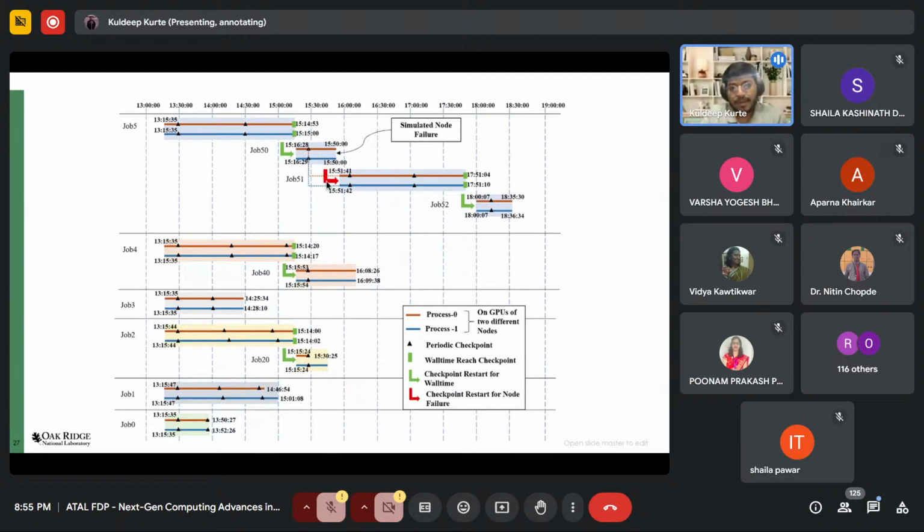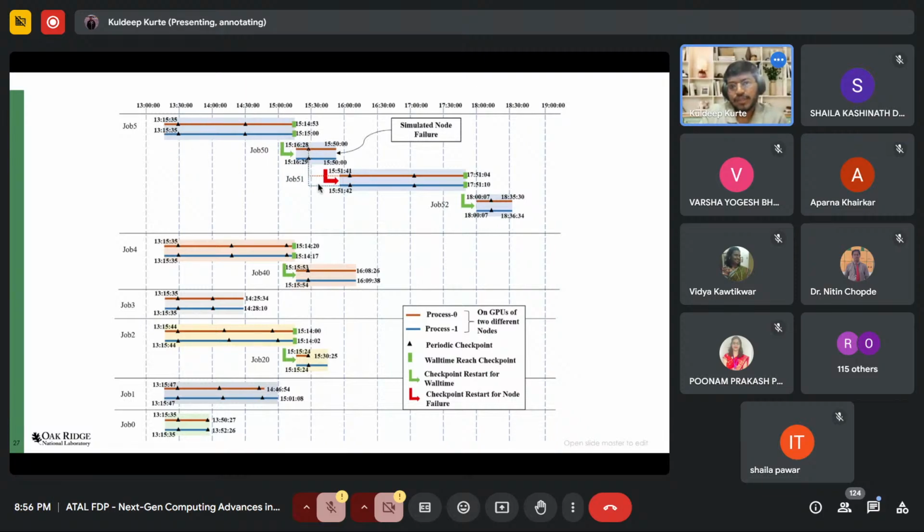But unfortunately, something happened at this particular point, and after taking the first checkpoint, after some time, this job was again terminated due to some runtime failure. This did not happen physically. We actually forcefully terminated that job to simulate the node failure. That's why it is represented in red. And again, the checkpoint restart mechanism came into the picture, and it resumed the job from this particular checkpoint. So in this case, this much work was wasted. But since we had written some checkpoint, we were able to save this much of the log or the